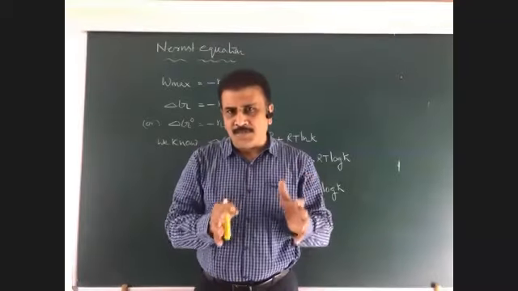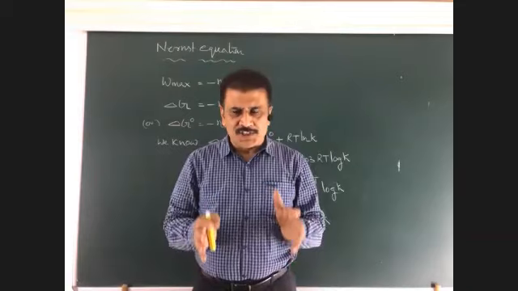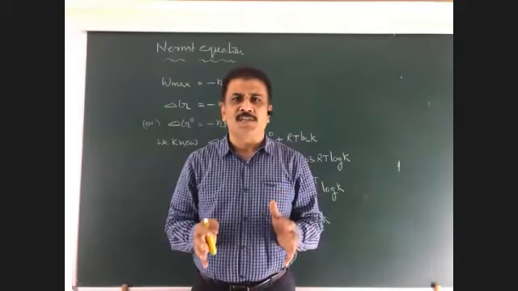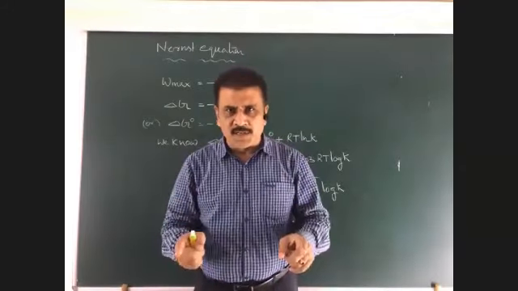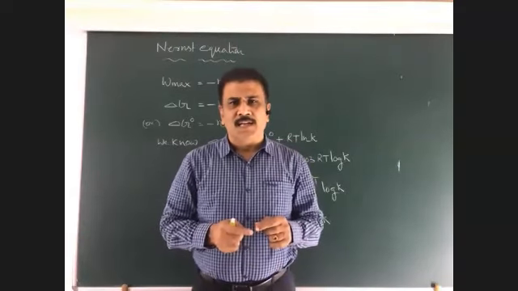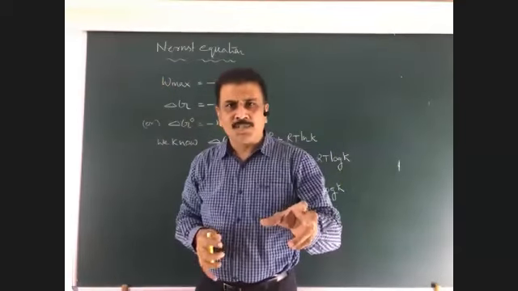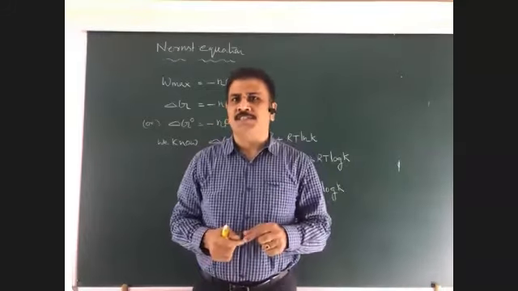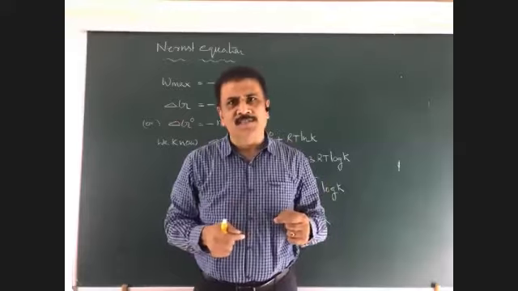These values are determined with the help of standard hydrogen electrode, where the SHE, or you may call it NHE, normal hydrogen electrode, is taken as a reference electrode by assuming its value as 0 volts. And with the help of this Nernst equation, it is possible to calculate electrode potentials at different concentrations. By changing the concentration, the electrode potential value changes.